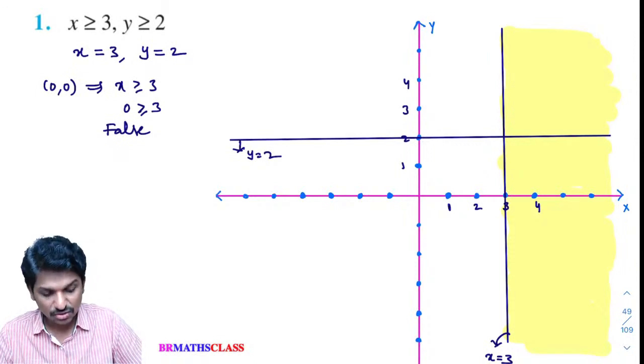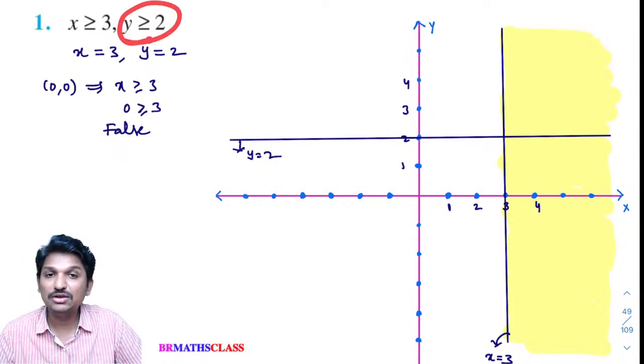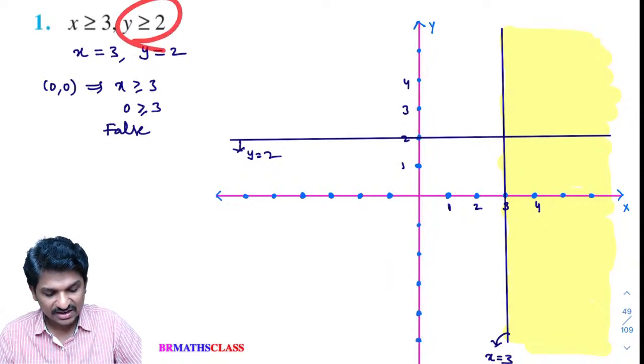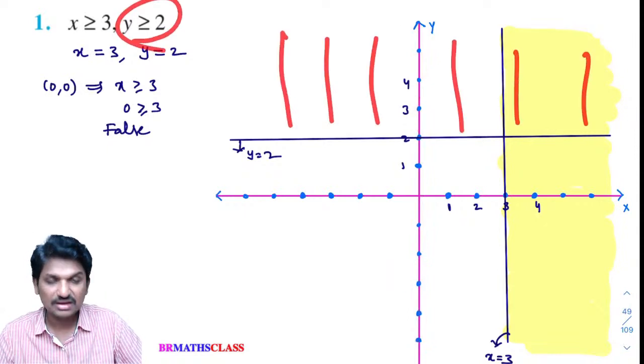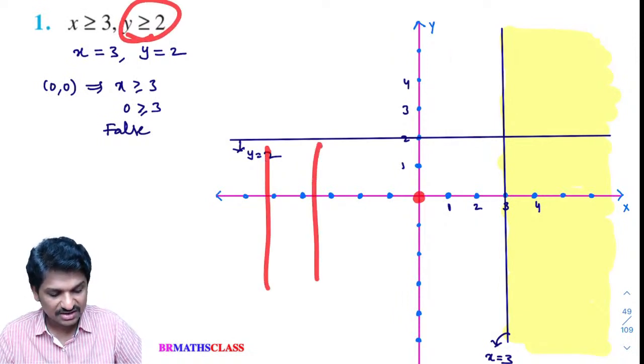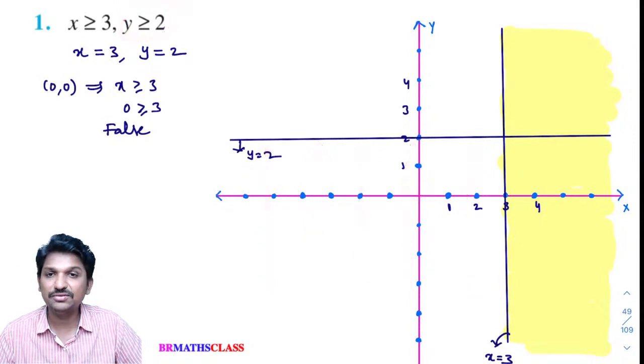Two methods are there. Look here. y greater than 2, y values greater than 2. Upper part has y values greater than 2, and the lower part has y values less than 2. So y greater than 2 means directly you can shade this part. Or else, for this line, origin is there. Substitute 0, 0 in this inequality. If it is true, that side only we will shade, otherwise the opposite side we will shade. We know that.